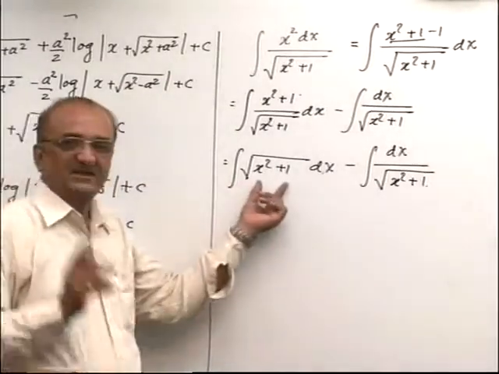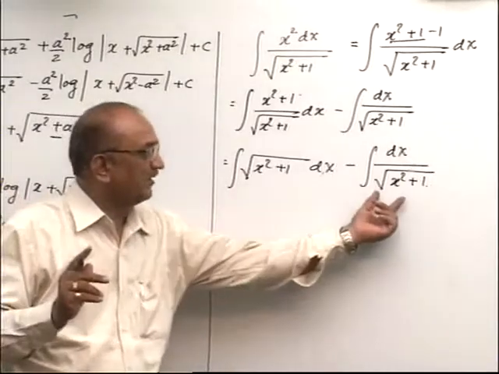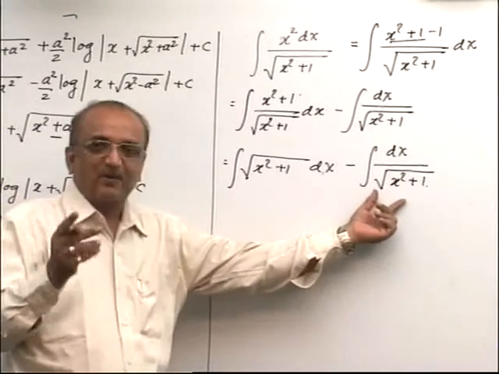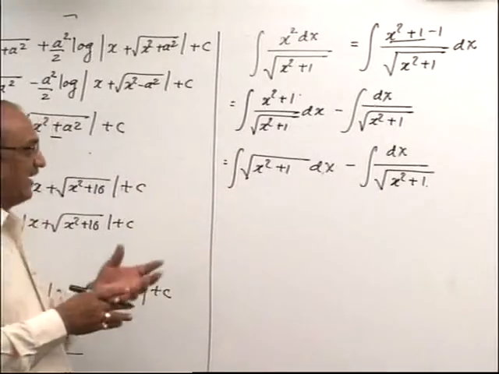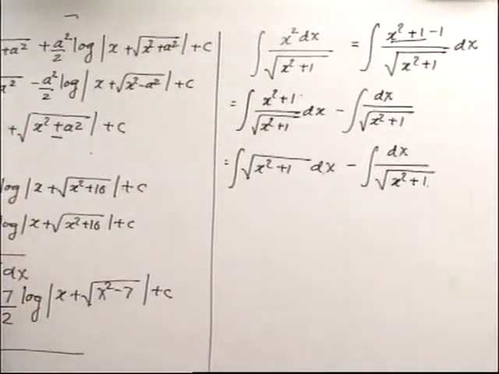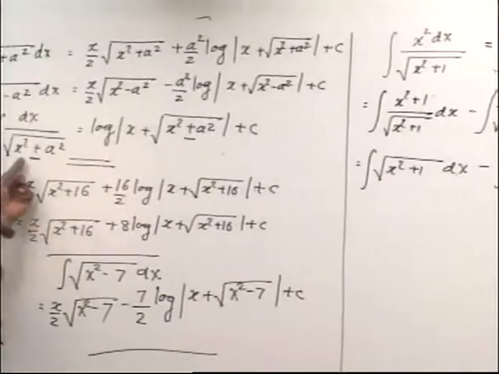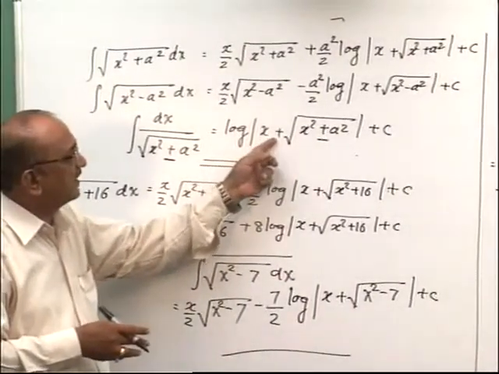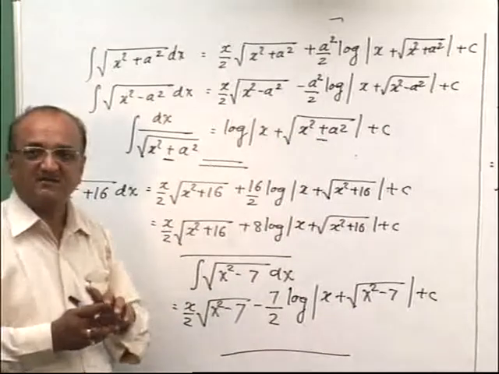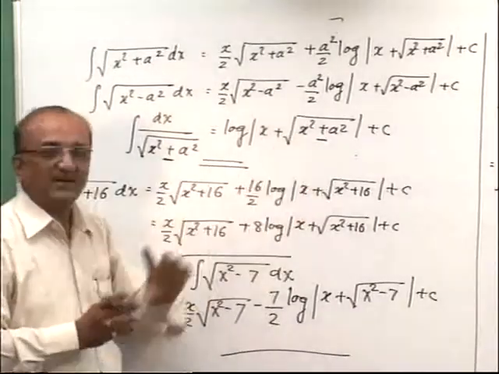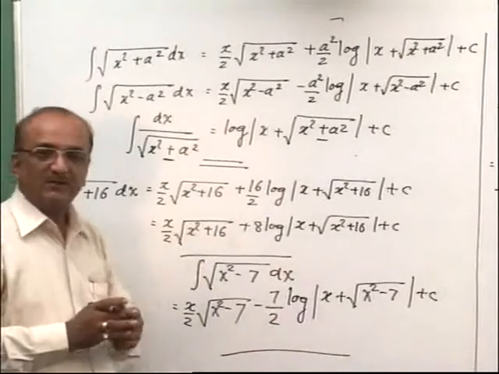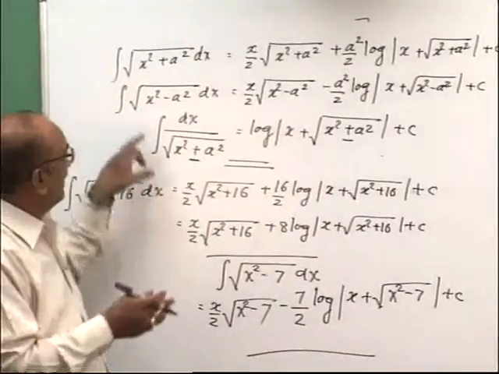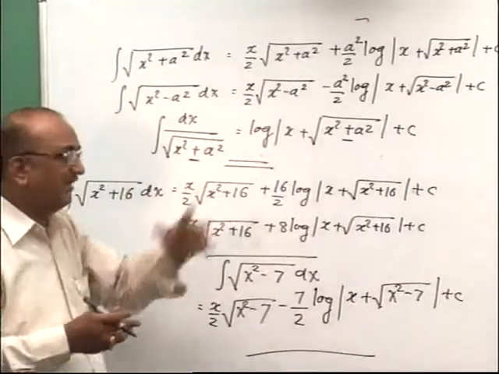This example uses the first formula and this is the third formula that I gave. I also said this third form repeats many times in examples. This is the formula of dx upon root x square plus a square. You may write logarithm of modulus x plus root of x square plus a square. If it's a minus, then you write minus here. Now what about the first formula? This is the first step, the first application, and the second part is the third application. Right? You may get the answer.